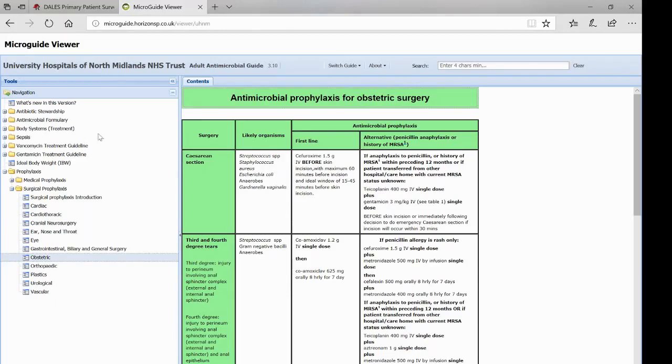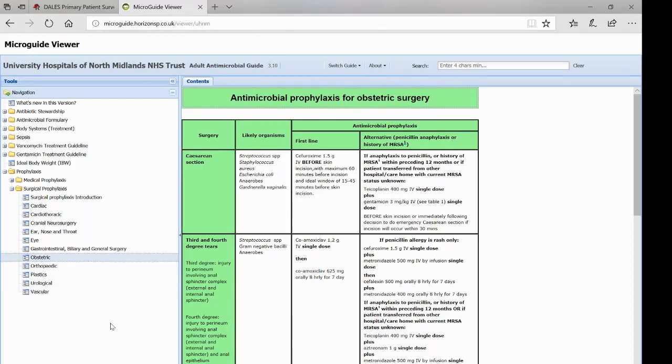All the surgical prophylaxis are here on the Microguide, and they are classified according to the surgery. Most of the patients will have co-amoxiclav in terms of surgical prophylaxis if required. Few will have flucloxacillin plus gentamicin, for example bone surgery in general, and for maternity or obstetrics it is cefuroxime,